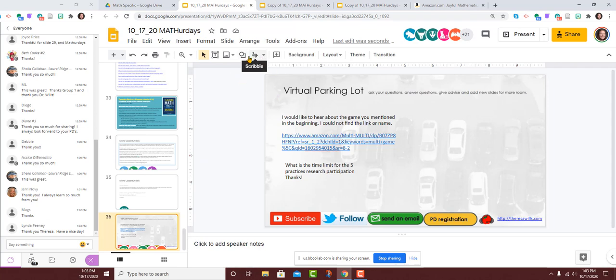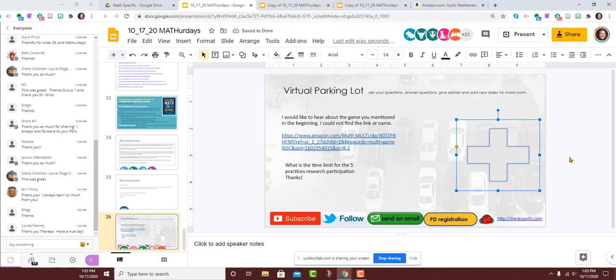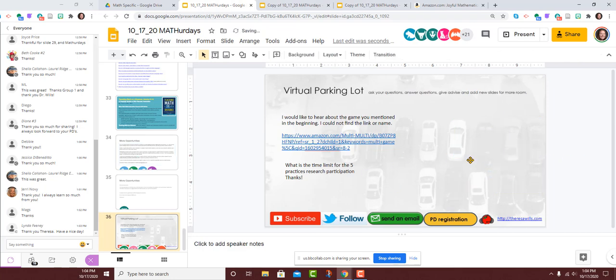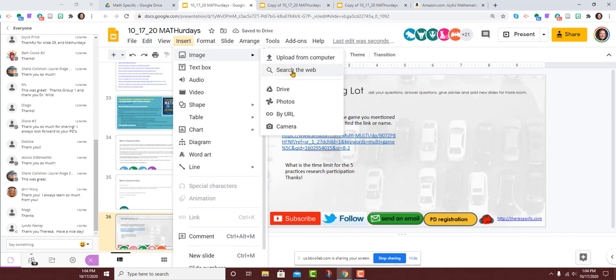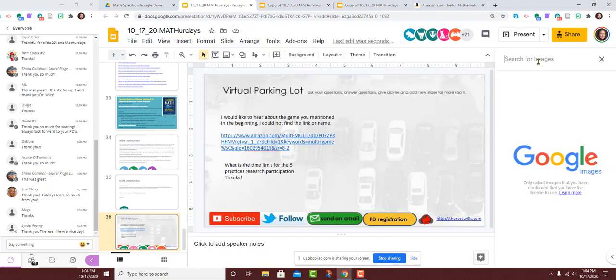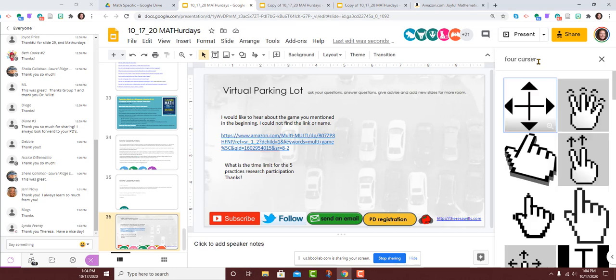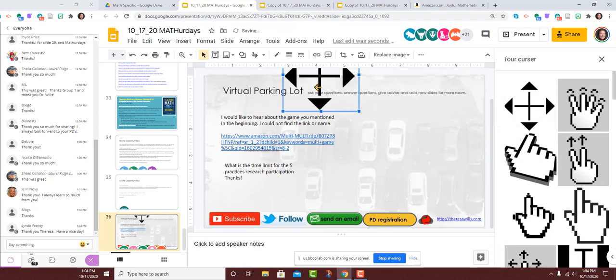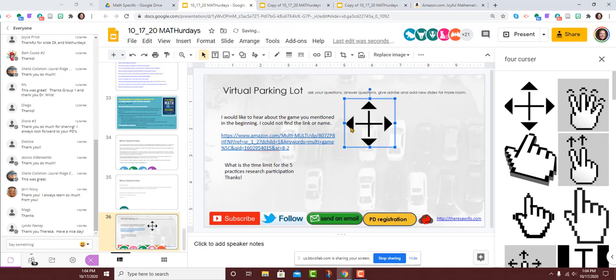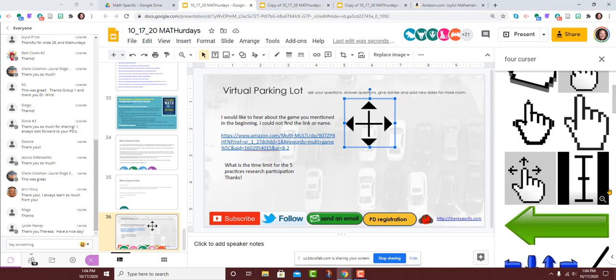So there's a couple things that are important with those ages, and that's in looking at your cursor and moving things around. So we talk about the different pieces and what they do on the Google Slides. Sometimes if they want to move something, they're going to be looking for this north, south, east, and west, move-it-any-way symbol. If you want to type in it, you're going to look for the cursor.